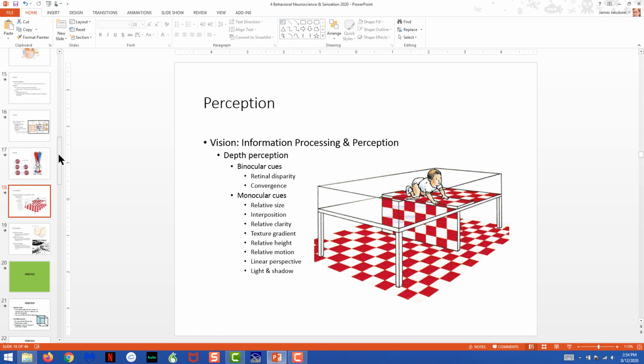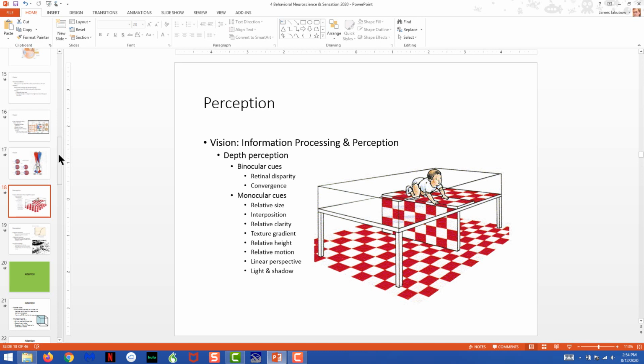That's the same thing as relative clarity, but for some odd reason, psychologists have made it a separate category to talk about texture, but it's nothing more than relative clarity. So be aware that those are just two categories that essentially overlap quite a bit, whereas relative clarity just refers in general to the amount of clarity you see. Texture gradient specifically refers to the amount of clarity in the underlying texture of the object itself. To me, those seem to be the same thing.